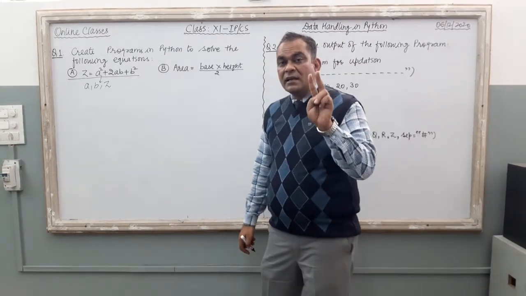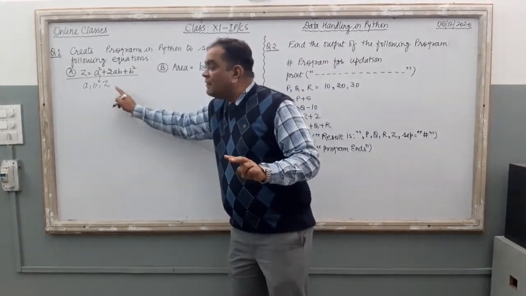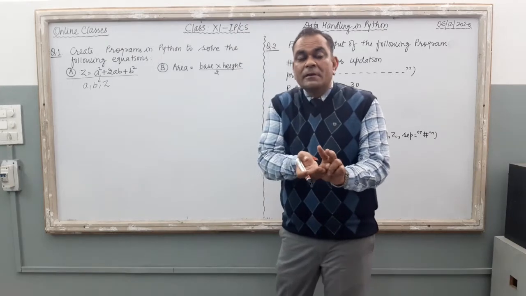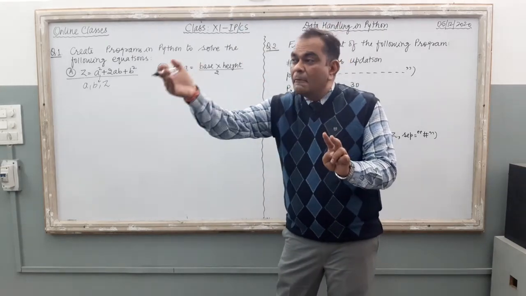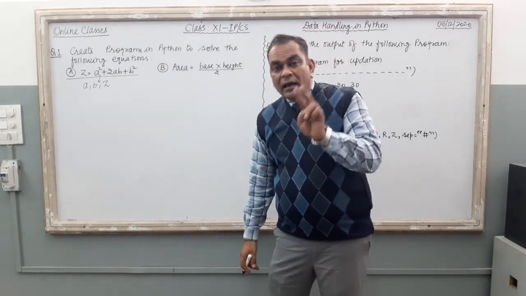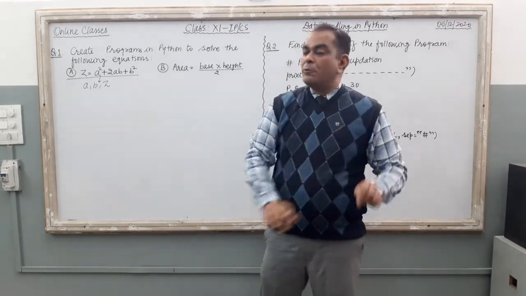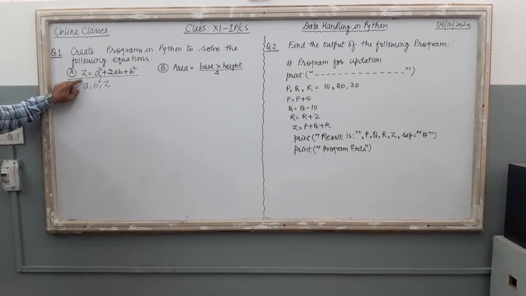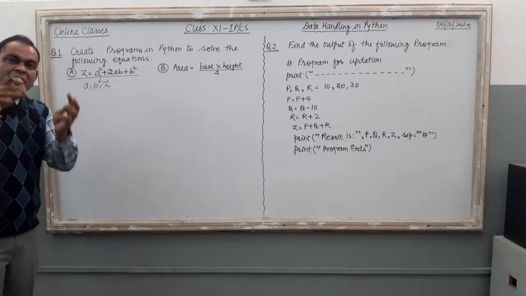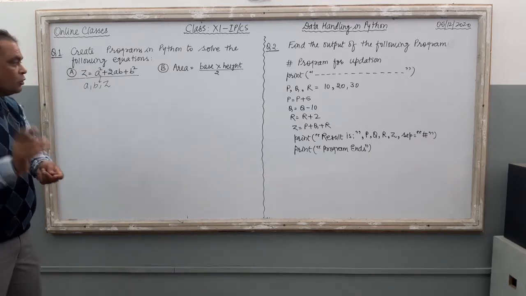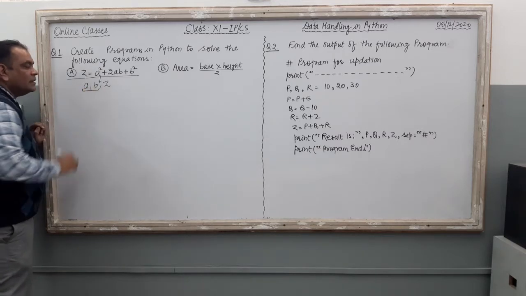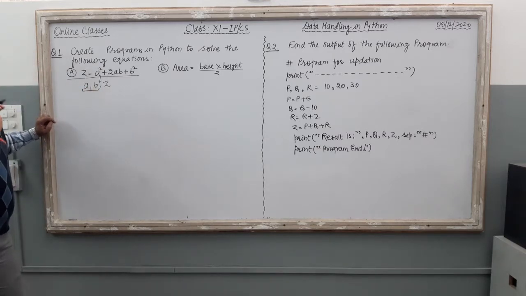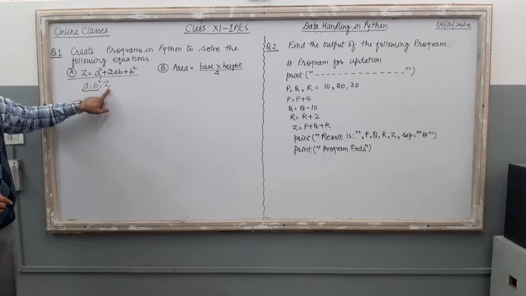Now the second task is, out of these 3 variables, how many variables are related with input process and how many variables are related with output. अगर इसको ध्यान से देखते हैं, if I say you just calculate the value of Z, you require the value of A and B so that you can put the value in the equation and you can generate the result. So the variables A and B are known as input variables. Z is the result. Right?